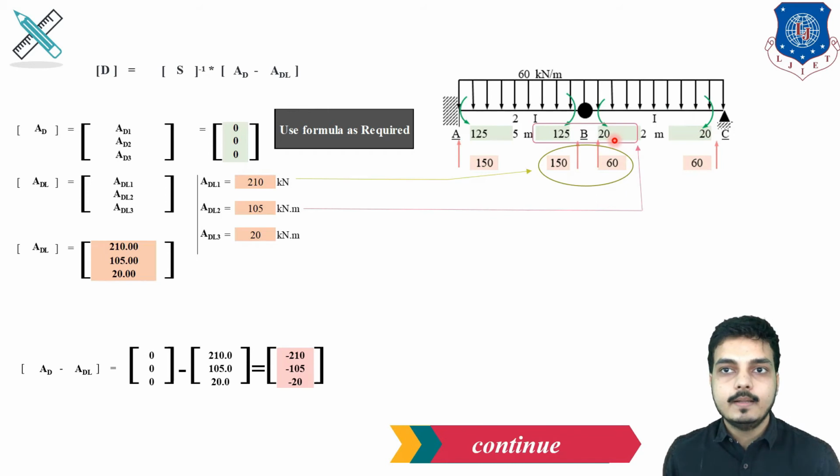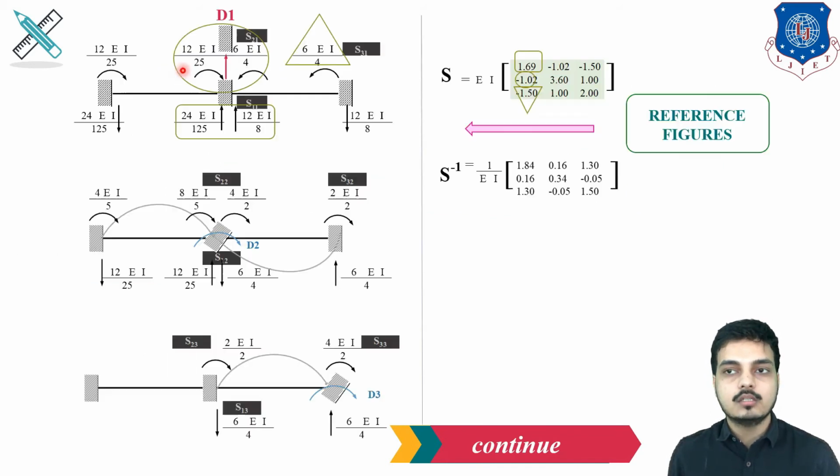Now, ahead, we will be finding S and then S inverse. So these are the three figures which we found previously, earlier in the sum. Now, I said that I will be explaining S11, S12, S21 and so on. Mark the point that our number one unknown is a reaction, so the reaction summation will be my S11. Second is the moment at B point, so the moment we have to find as an unknown. And third is the moment at C.